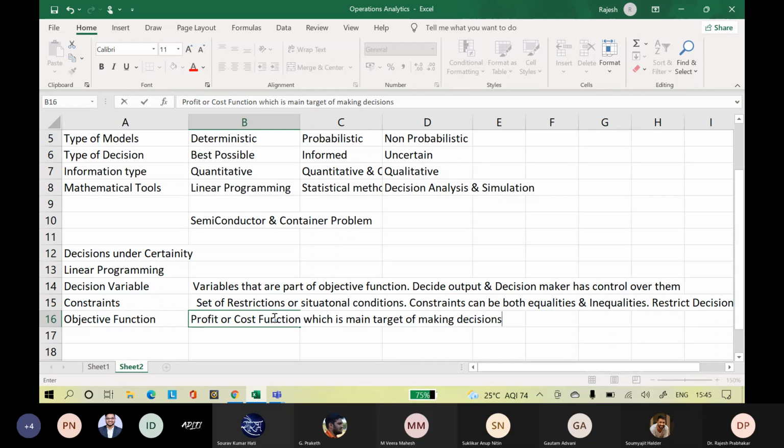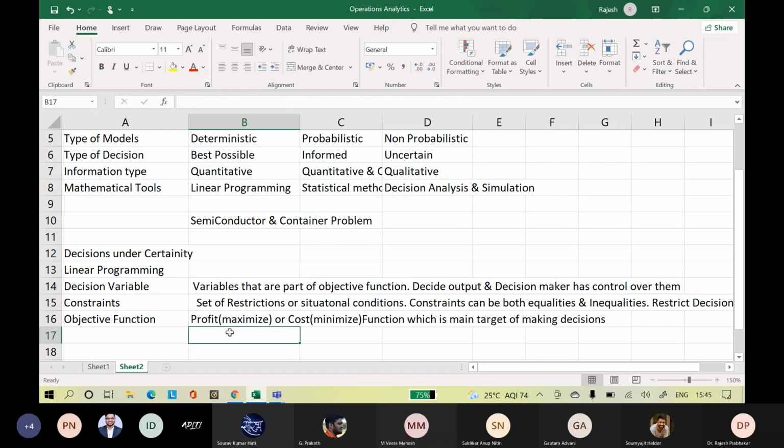Now, which one you maximize, which one you minimize? Profit we maximize and cost we have to minimize. Right? So the objective function can be two: either a profit function or a cost function.